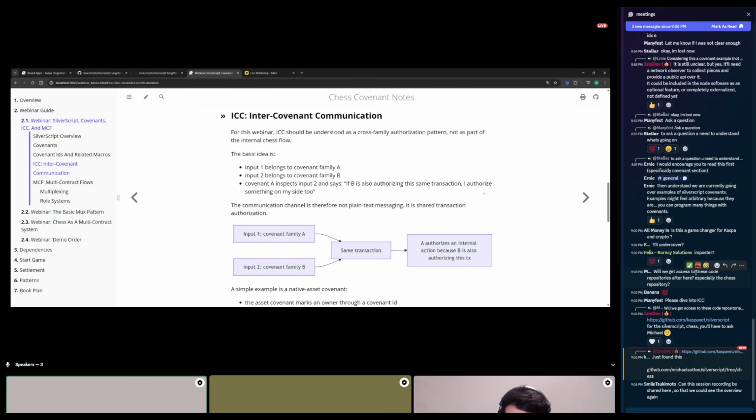One way to do that is to say, okay, I'm a covenant. I'm running on some input. Input 1, I'm covenant family A. I have my own logic. Input 2 has its own logic. We're in the same transaction.